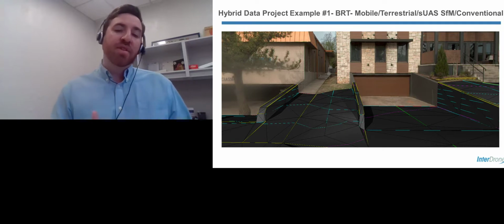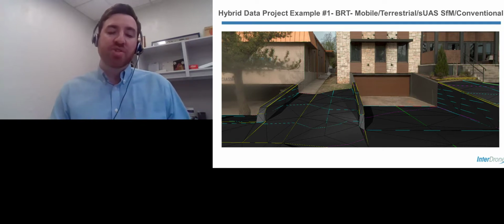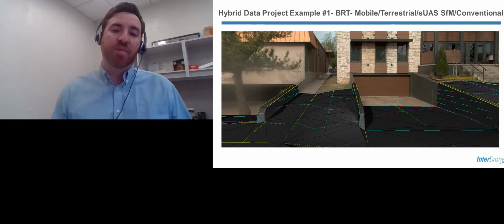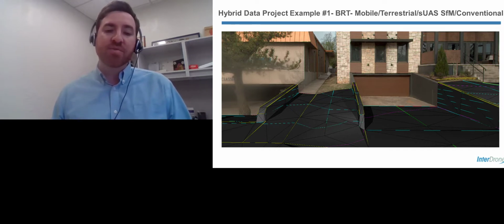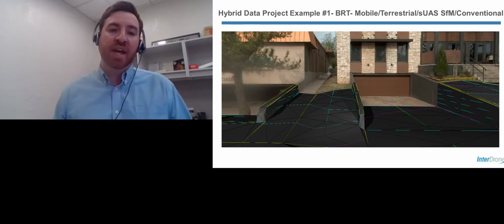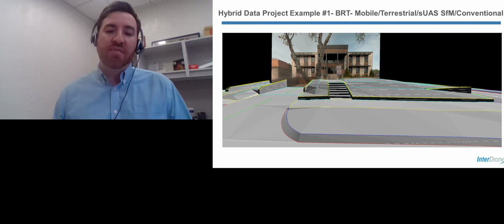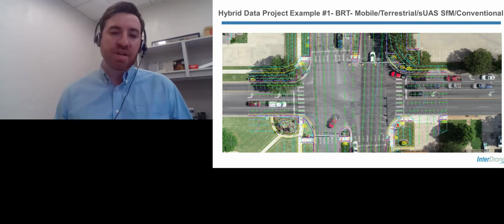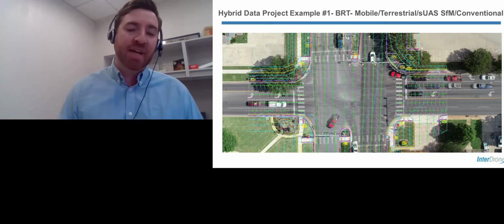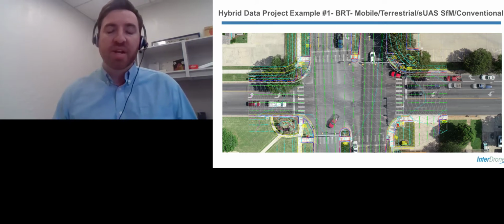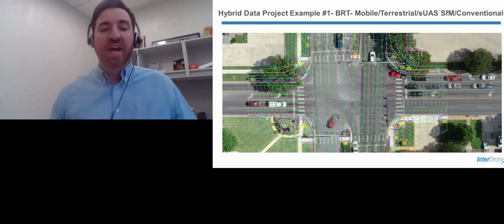So another example of hybrid data is the imagery that is collected from our mobile mapper. And so you can see here the DTM that was generated by our team, and it laid with the Google Earth-like imagery and the value that these 3D models bring. So high level of detail on the sidewalks and stairs going up there. So here's a top-down view. So that same CAD model that we're seeing there, now we're seeing a top-down view of it, and now we're